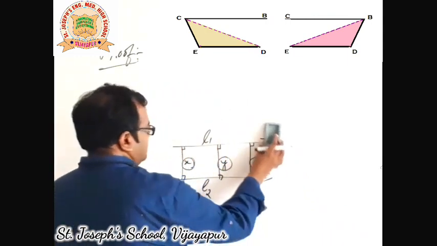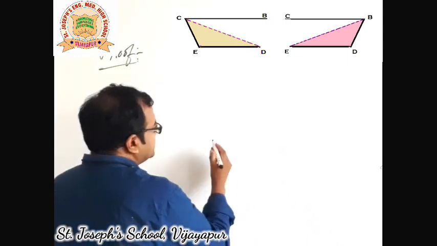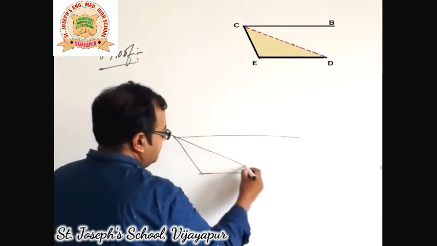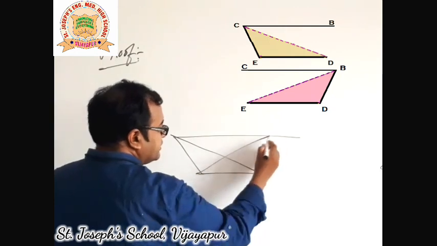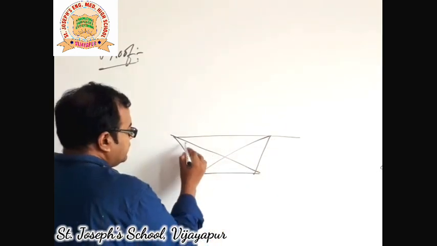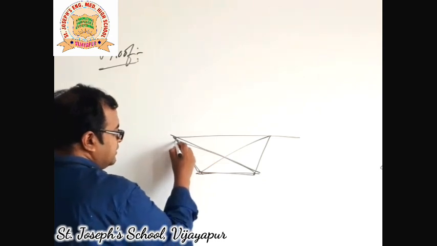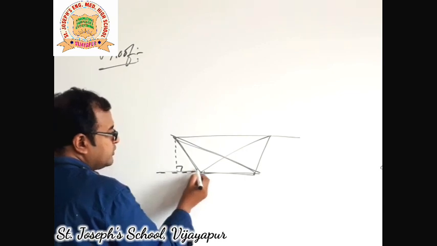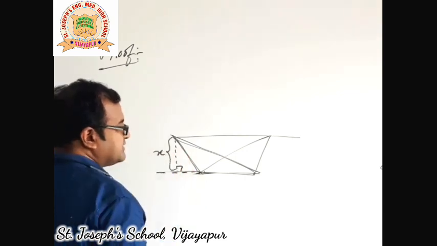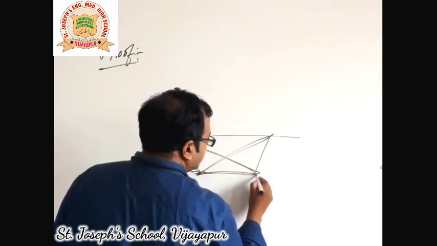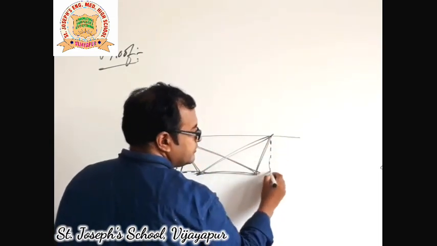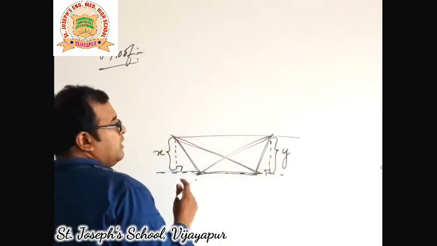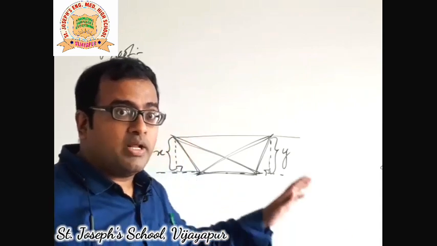So, why do we need this? Yes, I am coming to that next. So, if there are two parallel lines like this, right? There is one triangle from here, there is another triangle here, right? The height of this side triangle, what is that height? Here, this is the height. So I don't have a base here, so I extend the base. This height, I'll call it X. On the other side, there is another triangle, it also has a height. I'll extend the base, again perpendicular, this I'll call Y. Similar to the previous situation, now what about X and Y?